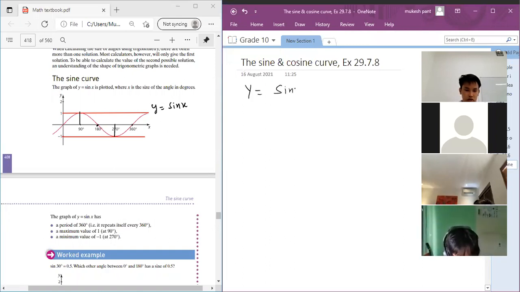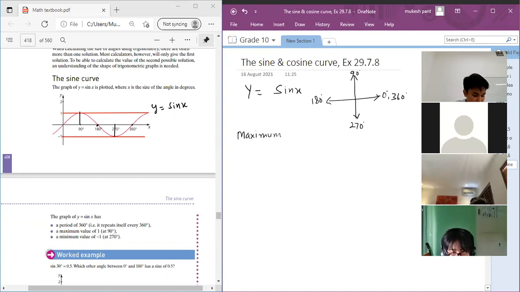This is a curve. And now we are studying this. This is 0-degree. This is 90-degree, the first quadrant. This is 180-degree. This is 270-degree, and this is 360-degree. Right? So its maximum value